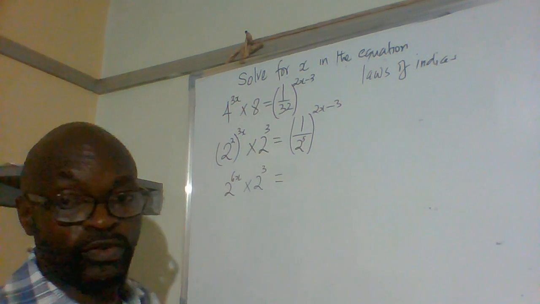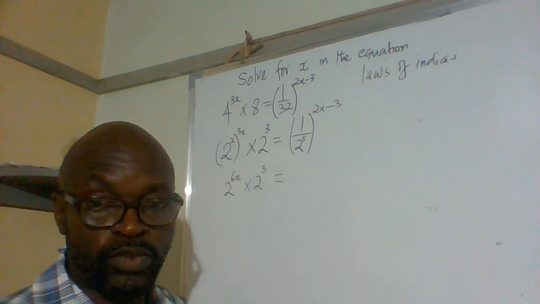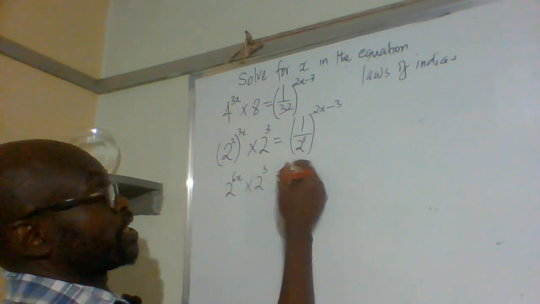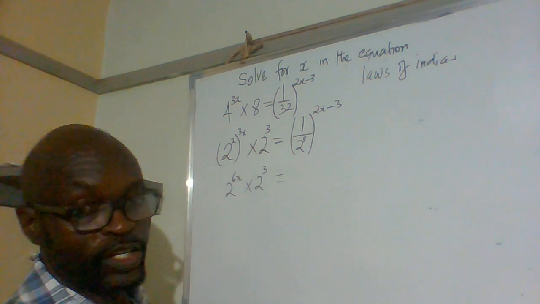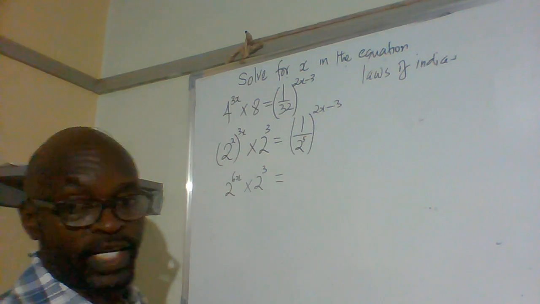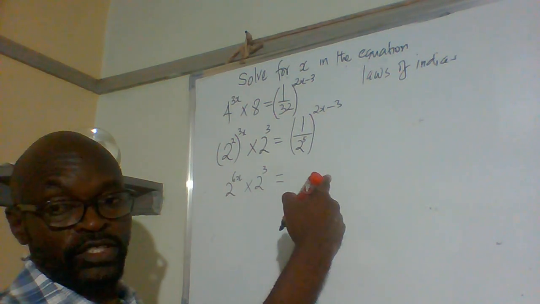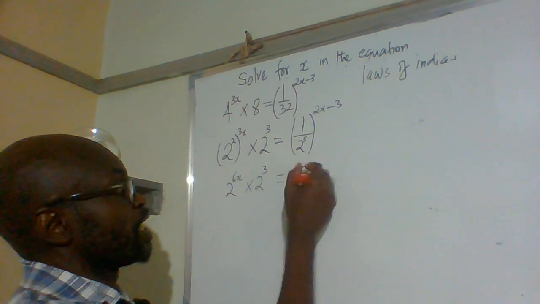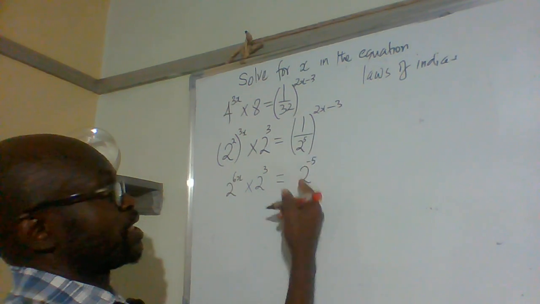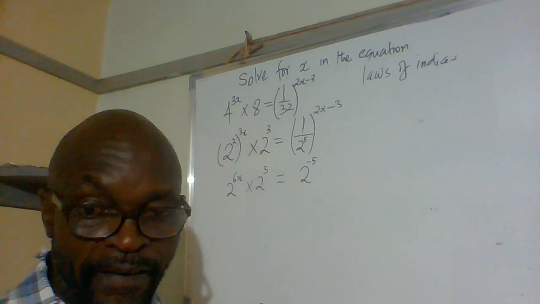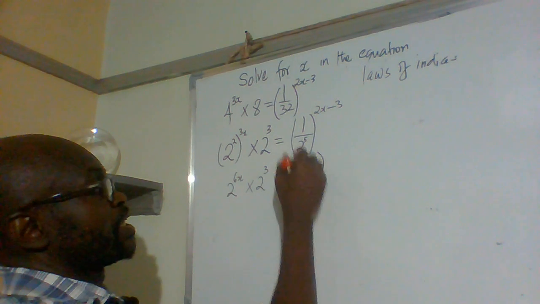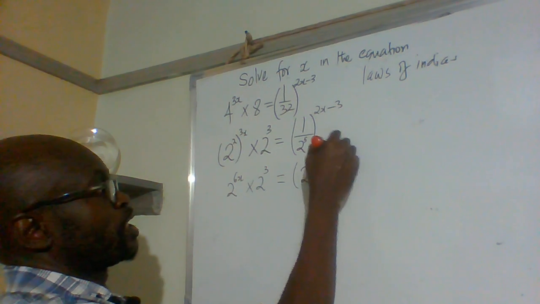And then here we have 1 over 2 raised to power 5. Whenever in the numerator we have a number raised to a particular power, we can take that number to the denominator, and the moment we do that, the power changes to a negative. So 1 over 2 power 5 is actually 2 power negative 5. And remember, it was further raised to 2x